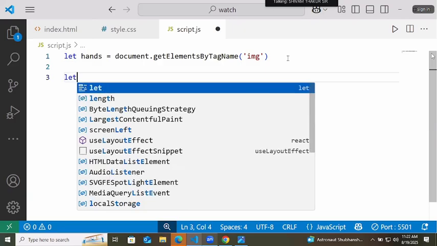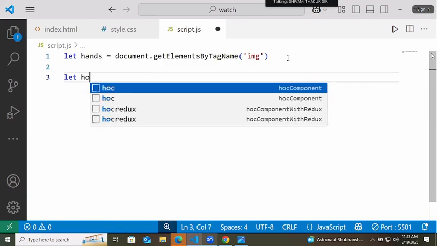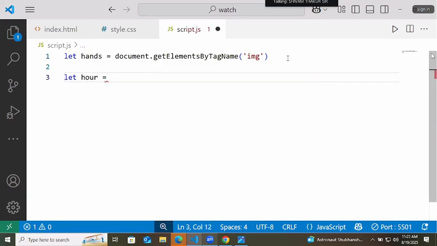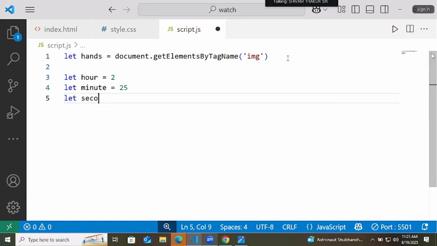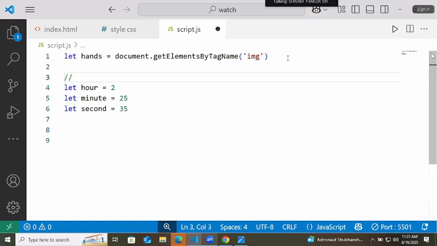Now I will create something. Let hour equals 2, let minute equals 25, let second equals 35. Now let's say, just for a reference, the current time is 2:25 and 35 seconds.